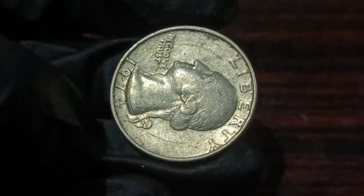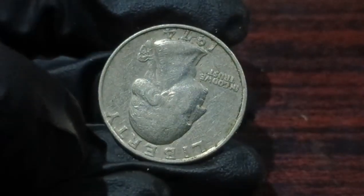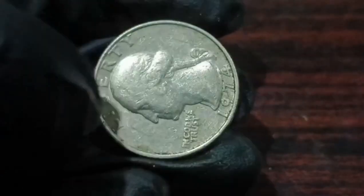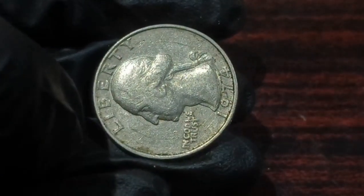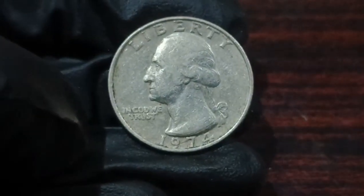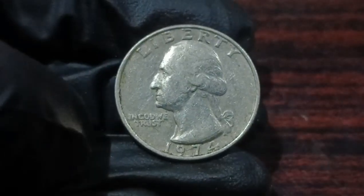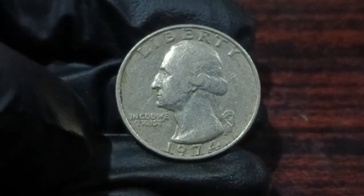Collectors often pursue full sets of Washington quarters spanning decades, and the 1974 issue is essential for completing that journey. For those building high-grade collections, obtaining a flawless 1974 quarter can be a challenge, adding to its allure. Proof versions from the San Francisco Mint, with their mirror-like surfaces and sharp details, are especially admired by enthusiasts seeking